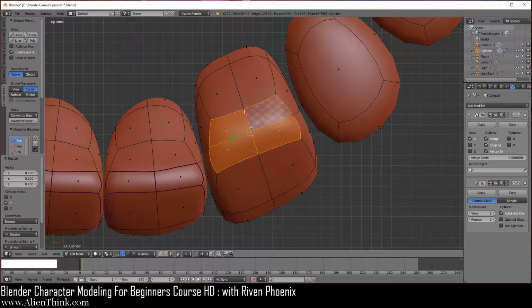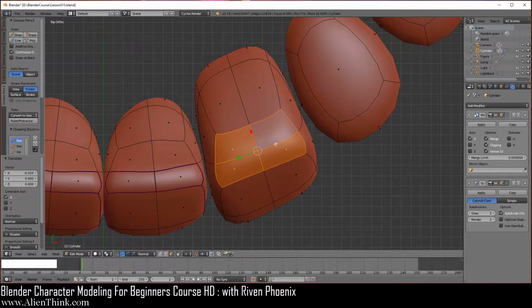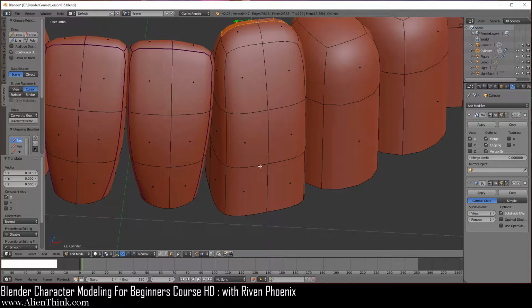Now click on this red arrow and bring it 1, 2 like this. This is so it's aligned over here to the top, right? Now click on this one, shift key down this one, and click on the red arrow and bring this out one time like this, just to thicken this up a little bit. Now go to the front view over here and just rotate with the middle mouse button and just zoom out.